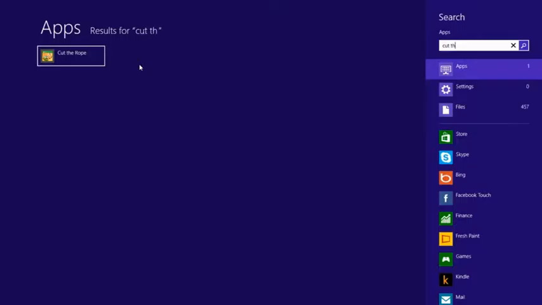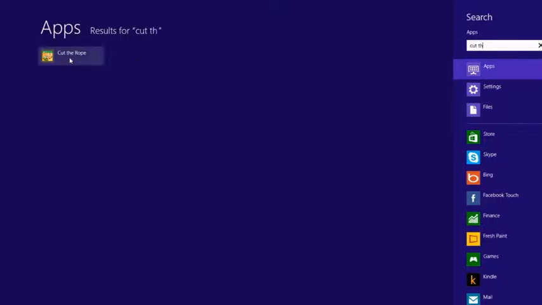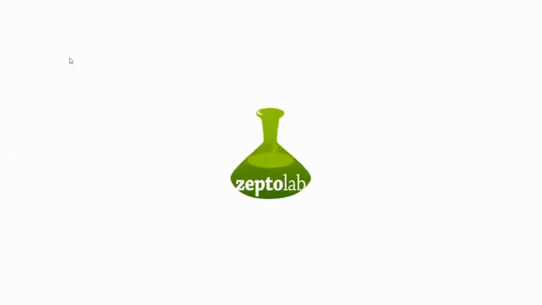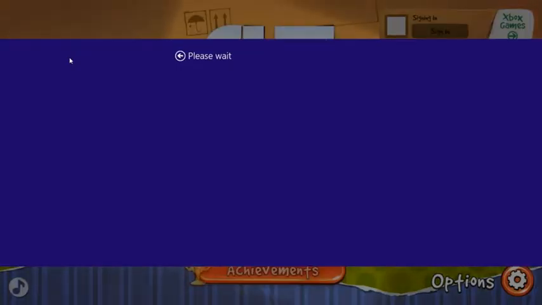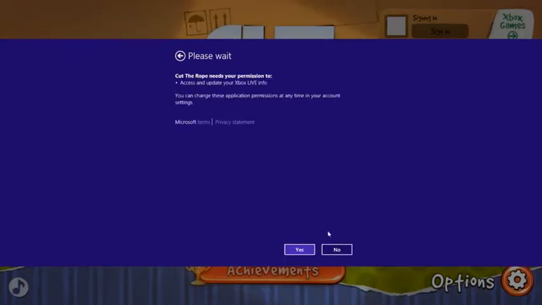I hit Cut the Rope, and Cut the Rope comes up, which is a neat little game. I click on that, and it just loads up automatically for me. Very easy to use. And again, you're going to want to implement these things in your applications as well. So if you have a data application, or if you're writing a game, or whatever it is, you're going to want to make sure that you implement the same features in your app so that people understand kind of what's coming. So I'm just going to hit yes here,